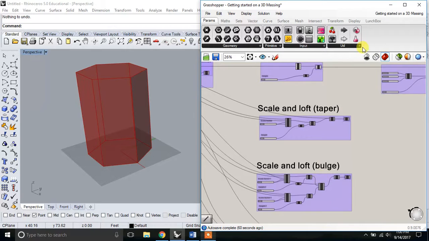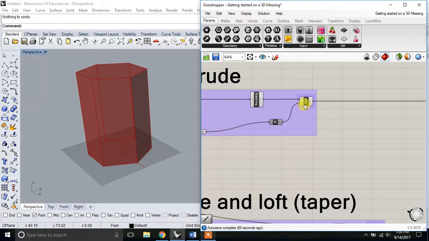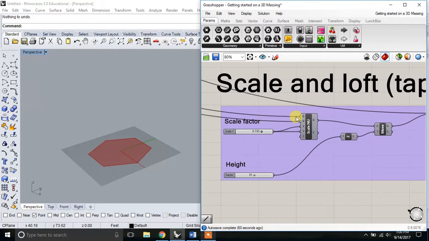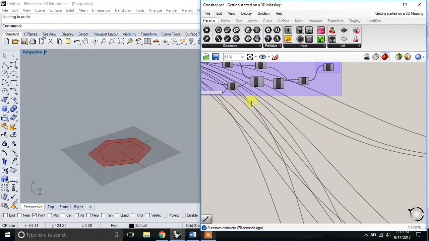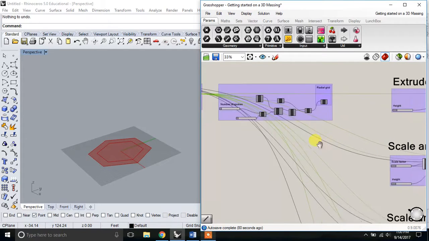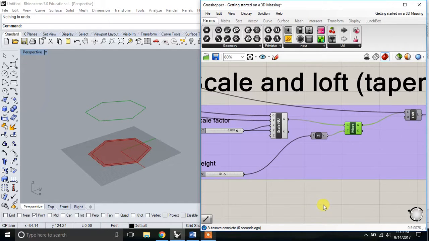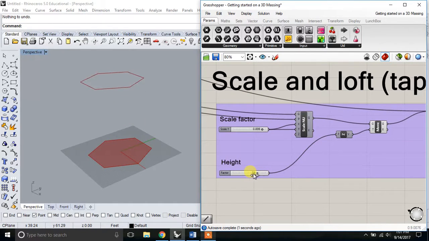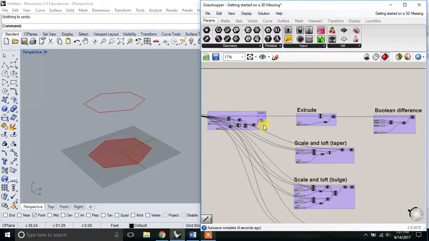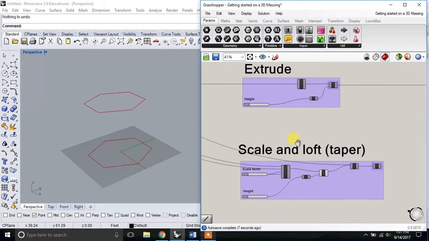So to get slightly more complicated forms, down here we've used this scale non-uniform node, which scales a copy of this original polygon from the beginning, and so we can adjust the amount that we're scaling that polygon, and then we're going to move that copied polygon in the z direction, and this again will determine the height. So if we just turn off this,